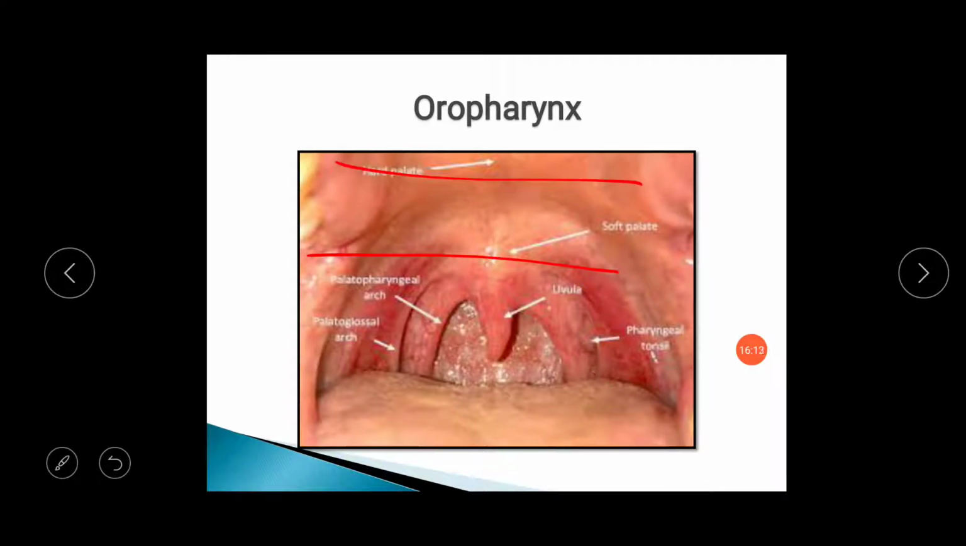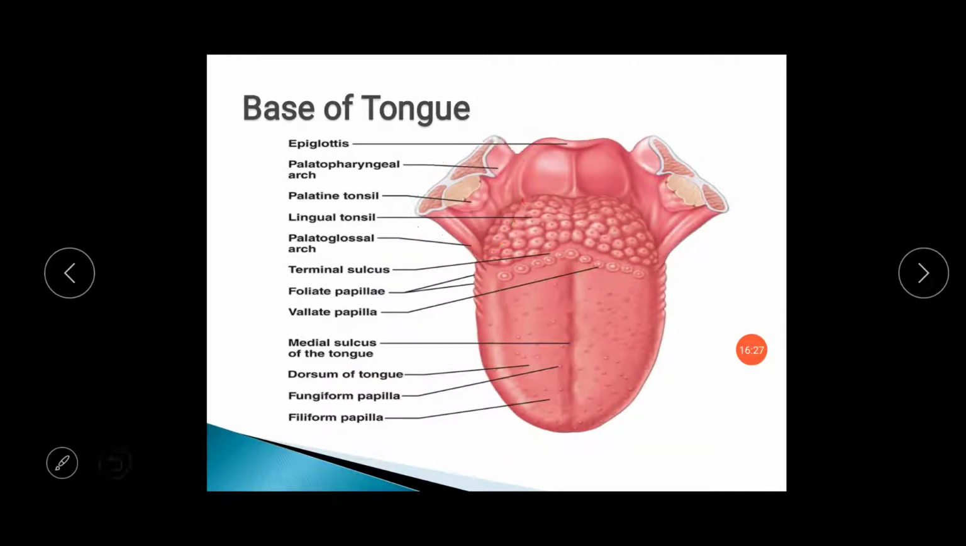And this is the hard palate which is forming the roof of the oropharynx. The posterior part of the tongue is forming the anterior wall, between this and the circumvallate papilla. Some papillae are on the wall of the oropharynx, and so